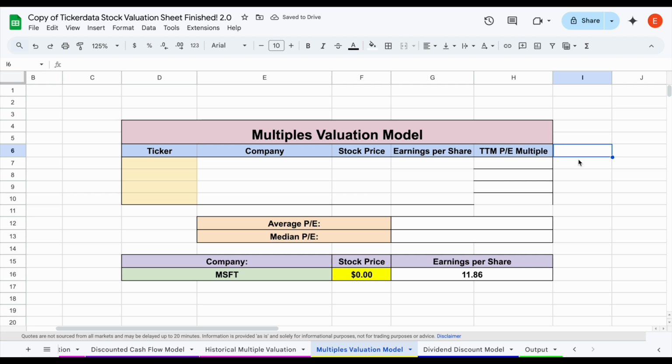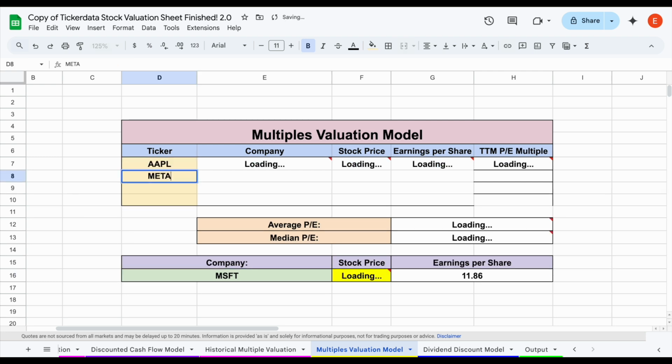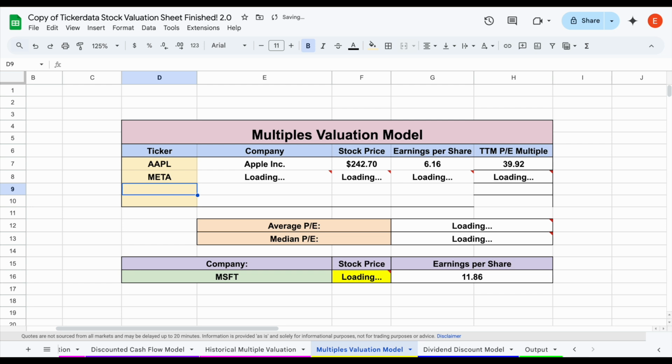And what we're doing when we look at Microsoft is not looking at how they're valued compared to how they've historically valued like we just did, but we're going to look at how the market is valuing them in comparison to how the market values companies that are similar in structure. So for example, maybe we think Apple's a stock that is somewhat similar to Microsoft. Maybe we think Meta is a company that's somewhat similar, and then maybe we want to pick Amazon as well.